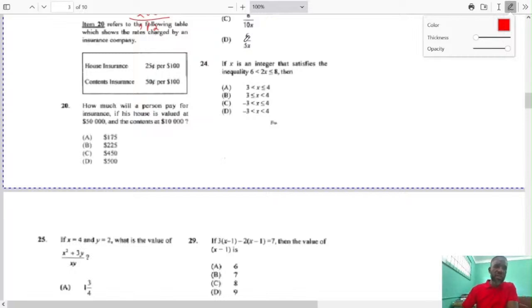So one of the first things we want to do, gentle people, is to find how many $100 is in 50,000. I know some of you can look at it and say 500, but let's verify that. So 50,000 divided by 100 will give us 500. Okay, so we know that there are 500